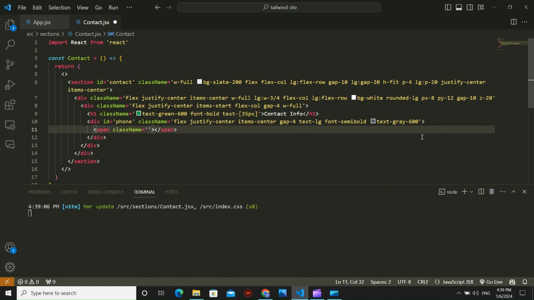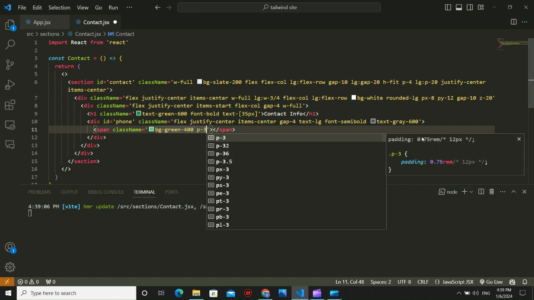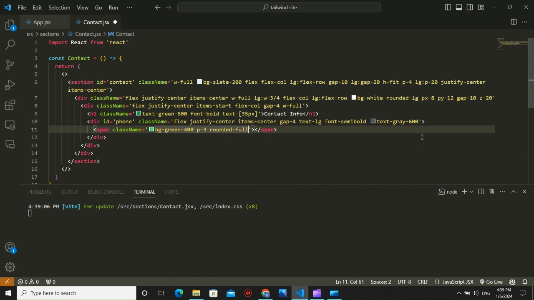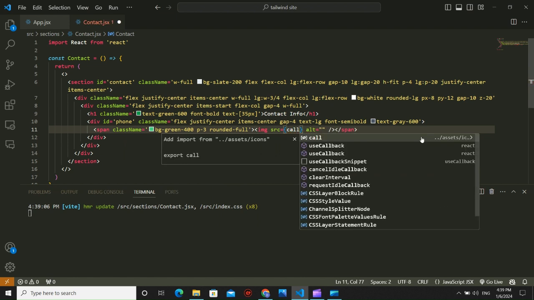Class name bg green 400, padding of 3, rounded full, and inside the span tag I have image tag,